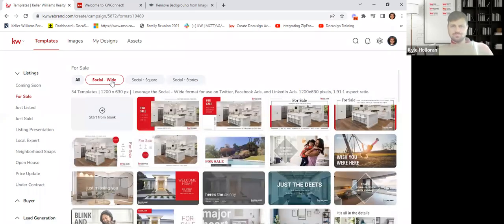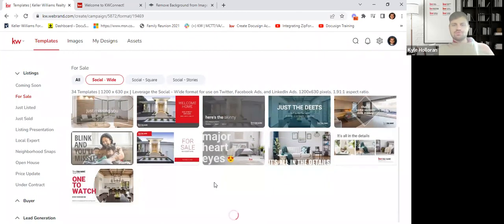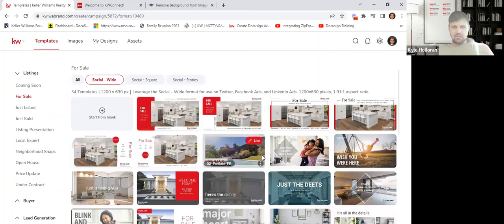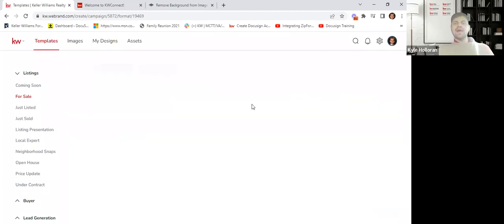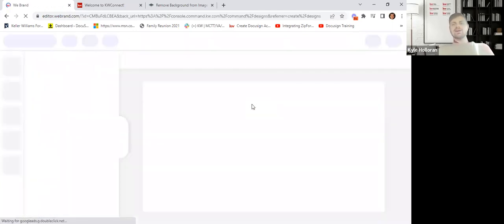Let's create a graphic. Okay. So the first thing I would do is I would scroll through, I would look at the templates. I would decide which one is a good starting point for me. What works for my clientele, what works for my taste. Remember, everything on here is editable. You can change font. You can change, all right? So these are just starting points. So I'm going to go ahead and select this one. Let's just do this one right here, all right? So if I click on use, that is what will open it up and allow me to start editing that graphic.